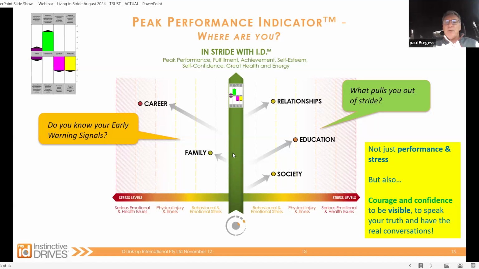When you go out to the side, left or right, depending on how far you get pulled off track, a tension builds up inside that eventually is unsustainable. Not only do you get robbed of the things at the top of the chart, but you start to experience along this horizontal axis various symptoms of out of strideness. Initially it's just in attitude, temper, behavior, emotion like anxiety, but eventually it starts to take its toll in a much more physical way, to the point where people notice things changing about their body, whether it be in their energy, their immunity, their skin, their respiratory system, their digestive system.